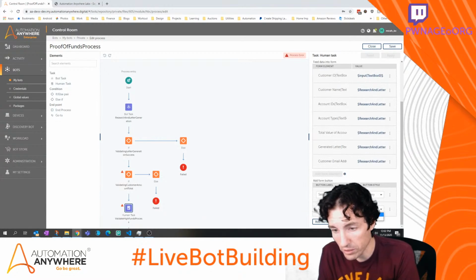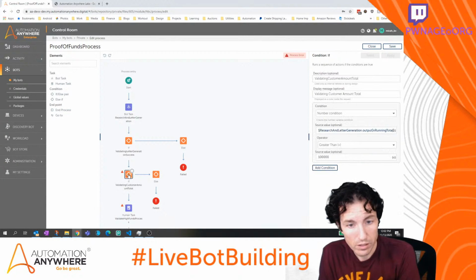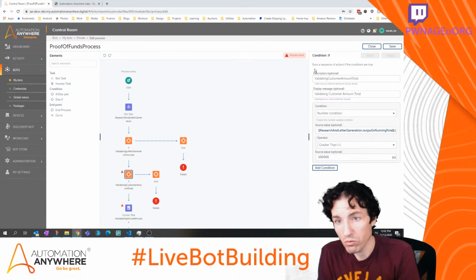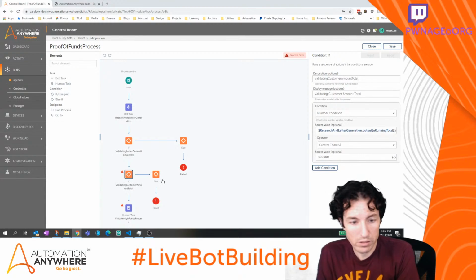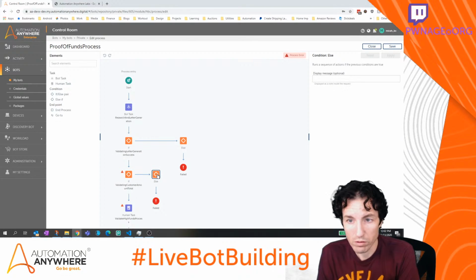All right, and that's going to be a secondary button. That looks good. We'll hit apply. This has a process error. Runs a sequence of actions to see if the conditions are true. So this is a number value. If it's greater than 100,000, I'm not seeing what the issue is there. My else message would be,